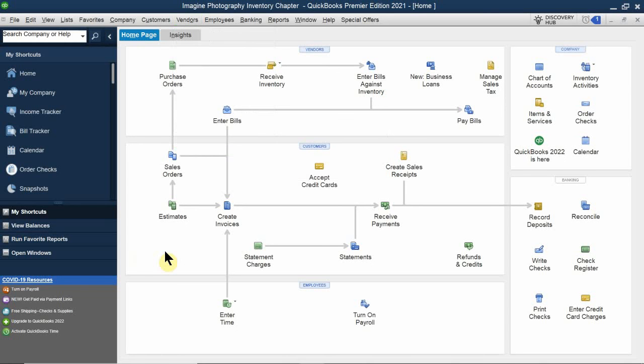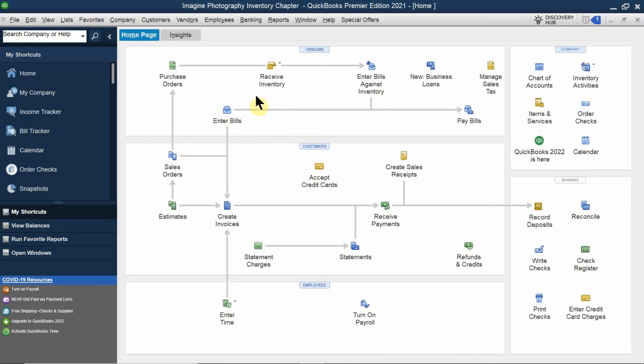All right, so that's how we keep track of inventory. Well, how do I actually use inventory? How do I make purchases of inventory? So once again, the best rule of thumb is you should go in this little flow of